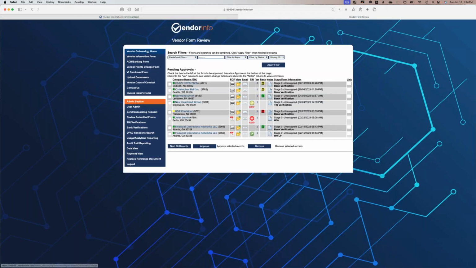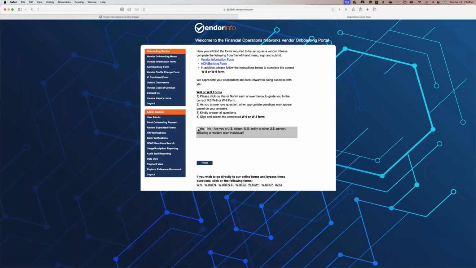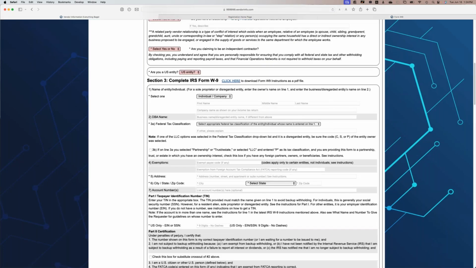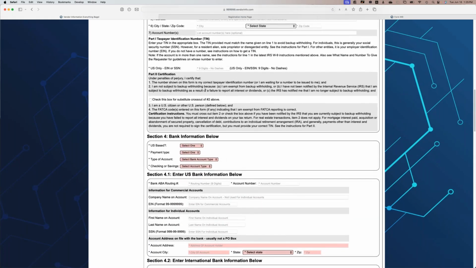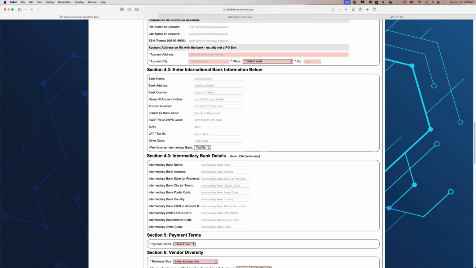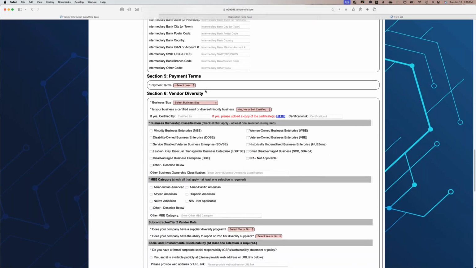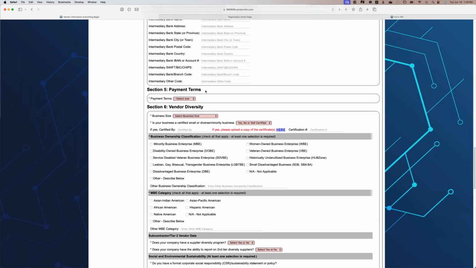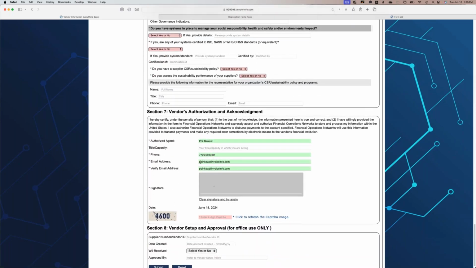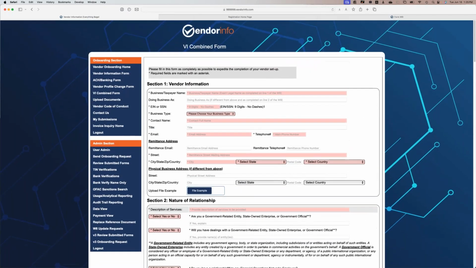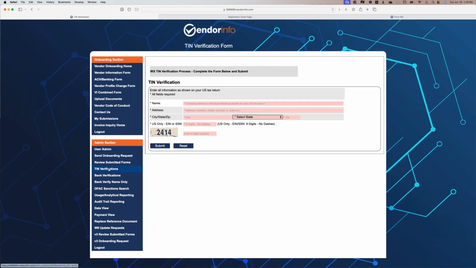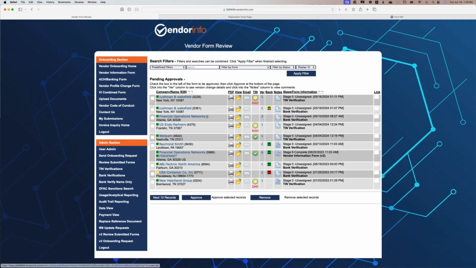But over here, we can have them fill out a government form W-9 if you like. They fill out their address. You can have the bank account information as part of their onboarding form, the terms, any information that you like. And when they sign this and submit it, then you get back a lot more information about the identity of that vendor as well. So, for example, here, let me just show you here.